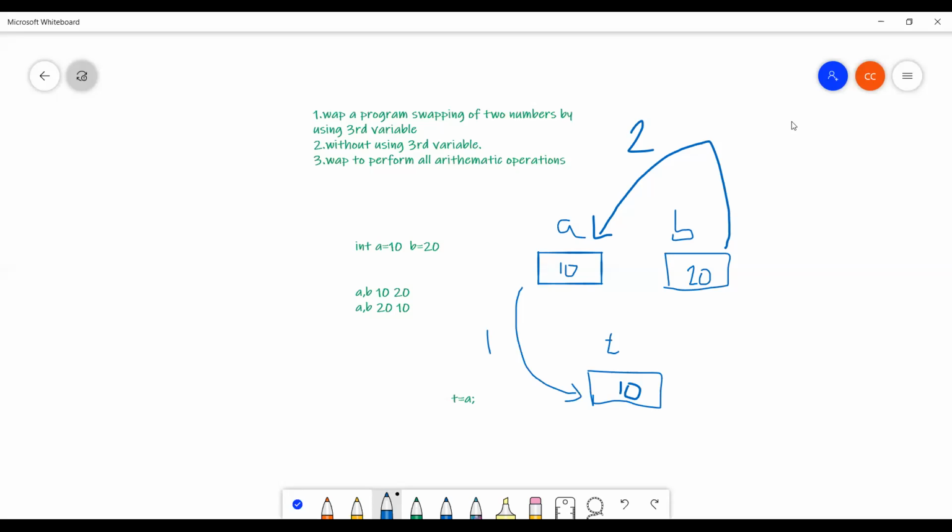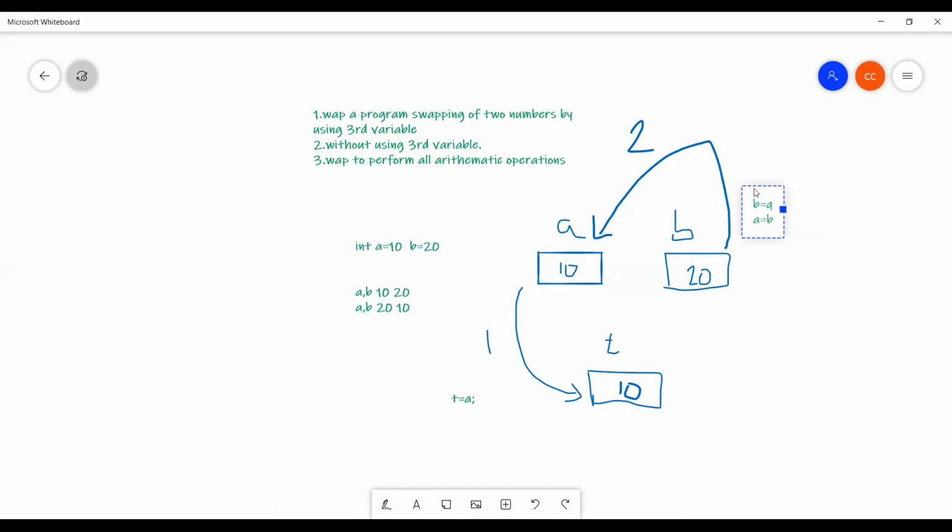So now tell me, if you want to place B value in a, which statement we will use? You tell me which statement is correct. B equal to a is correct, or a equal to b is correct? B equal to a means we are going to store a value in b.